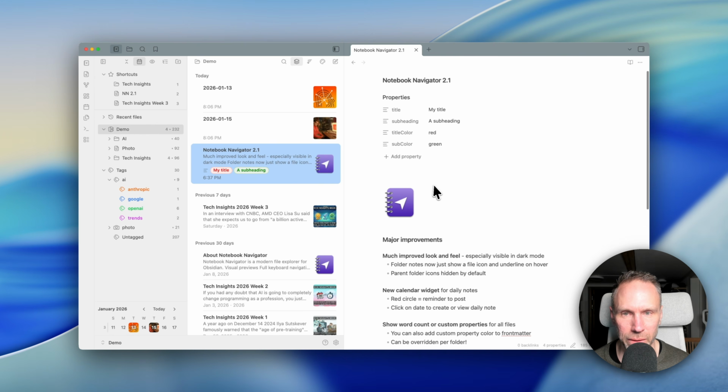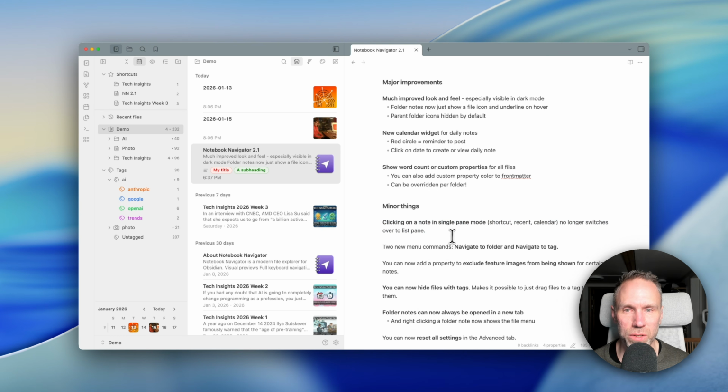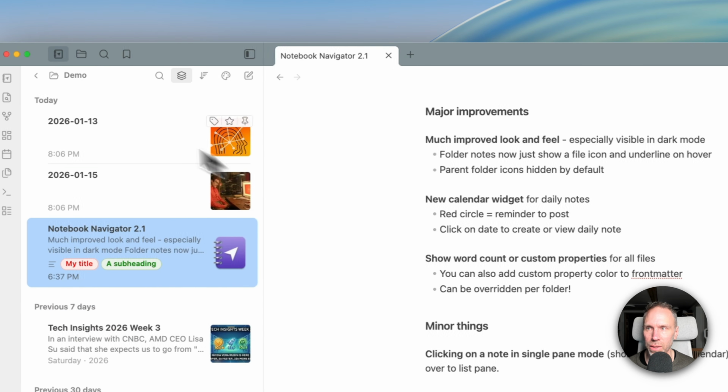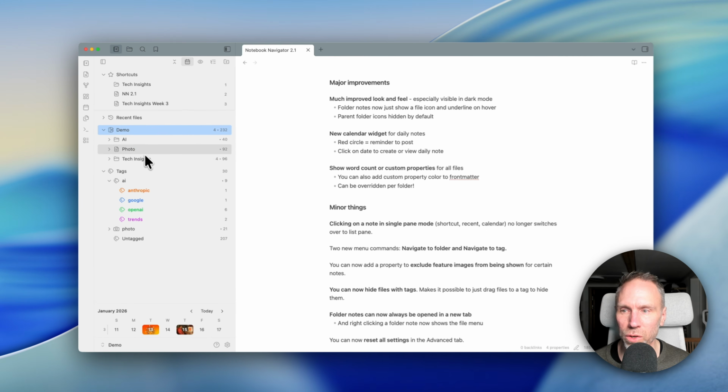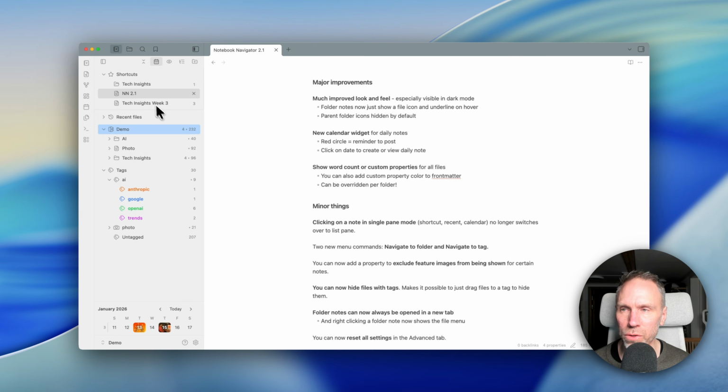Let's go back here. So what do we have more? Clicking on a note in single pane mode no longer switches to list pane. And this is actually a big one. I know many of you don't have room to work with dual panes like this, and you instead work in single pane like this. And previously, when you clicked on a file in the navigation pane here, it switched over